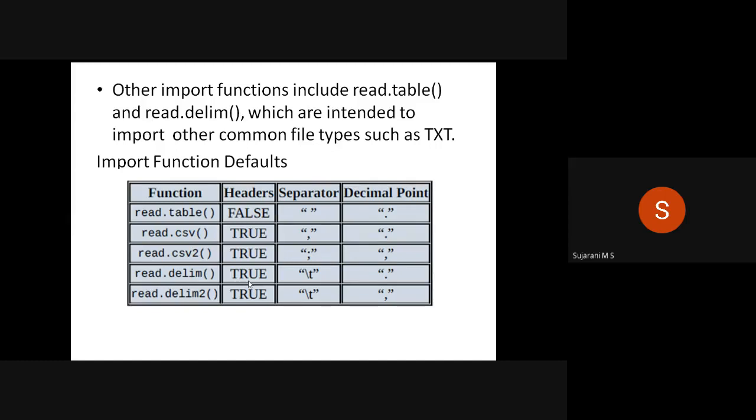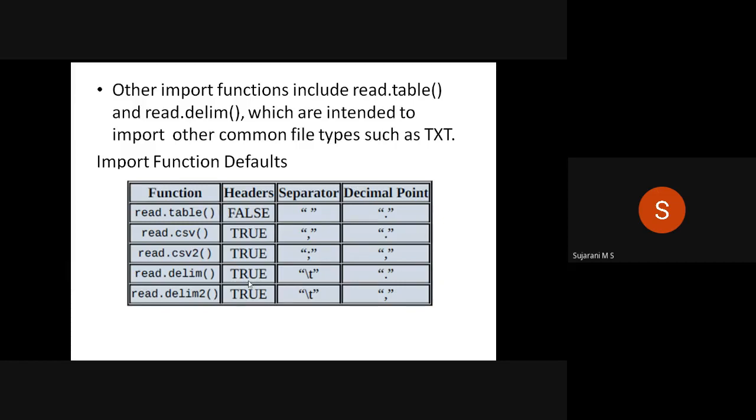Once again, if you are specifying the header value as false or true, that means having a set of data and its column headings. For example, if a data file has student details, its column headings are roll number, name, etc. If you specify the header value as false, then this header, that is roll number, name, will be displayed first. The first row will be displayed. If your header value is true, instead of listing the first row, it specifies label 0, label 1, label 2, etc. That is the difference between specifying false and true.